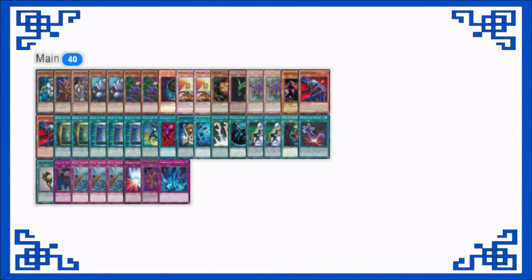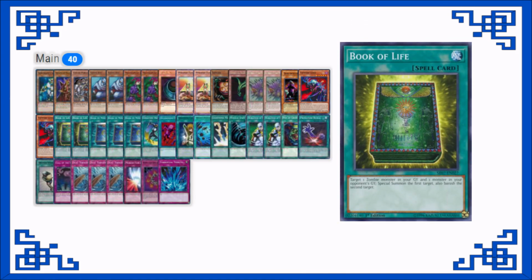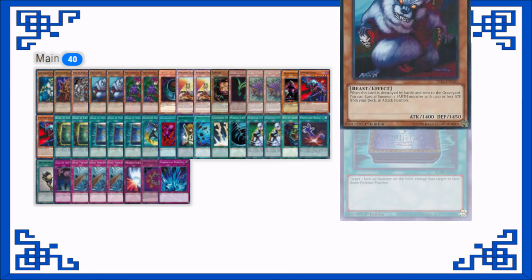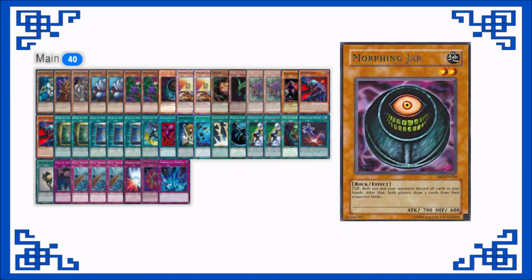The zombie deck runner-up plays the familiar Pyramid Turtle, Spirit Reaper, Vampire Lord, and 2 copies of Book of Life, which, on top of 3 Books of Moon, is a lot of heavy reading. Giant Rat is a good tutor, especially for Exiled Force. And Morphing Jar is very strong cycling, which digs deeper into the deck and can dump zombies from hand to